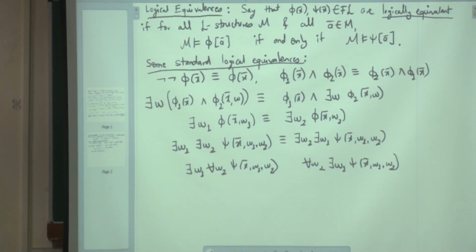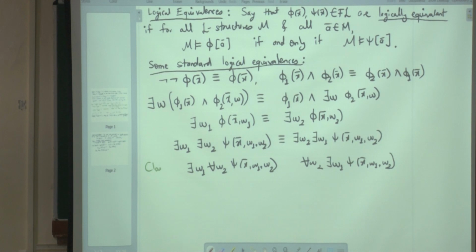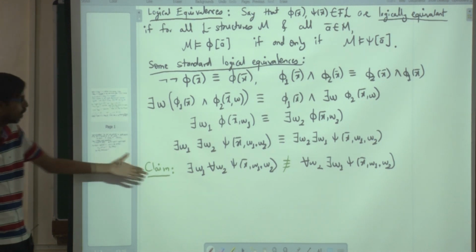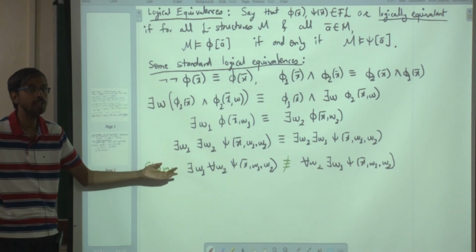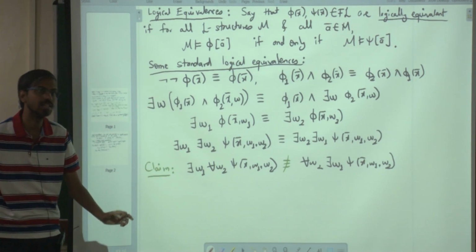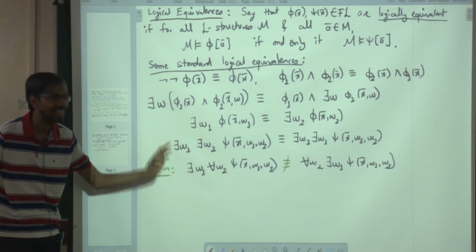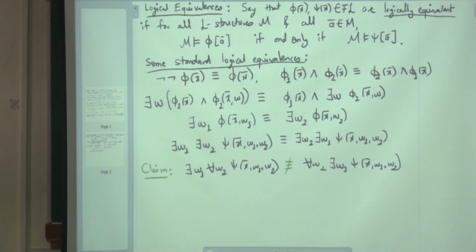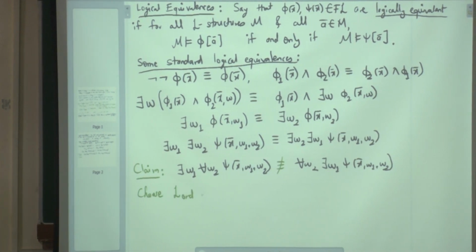So perhaps we have converted this into a claim that these are not logically equivalent. So can you tell me one particular formula in some language? There is no language at play here. You had to choose a language, then you had to choose a structure, and you had to choose a formula, and then show me that this is not true. You can take a digraph. Digraph, very good. So choose L odd, and which digraph? Which is the relation? You have to choose a particular one.